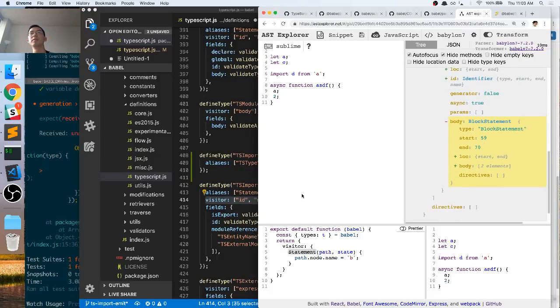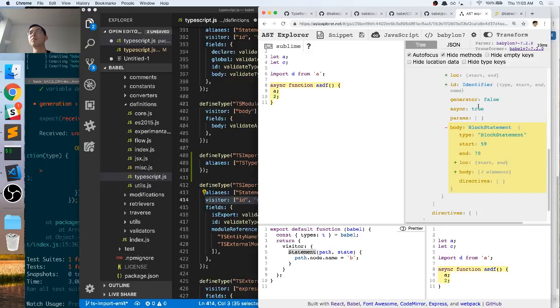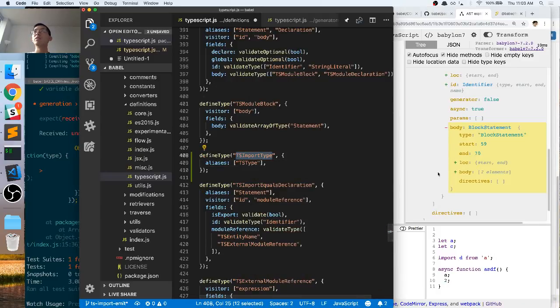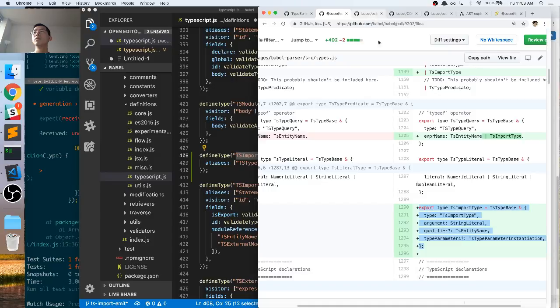But basically, the visitor keys are the things that you want to traverse over because they're also nodes. You don't want to traverse over primitive types, like generator true or false, because that itself isn't even a node. So you wouldn't define that in the visitor. So generator and async wouldn't be visitors, but body is a block statement, and anything that has a type you want to be put in the visitor array. And so for this TS import type, if we go back to here,